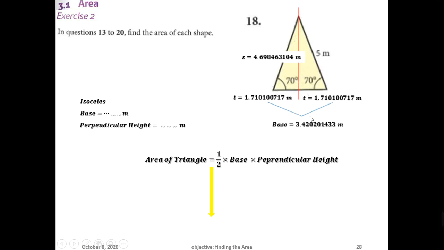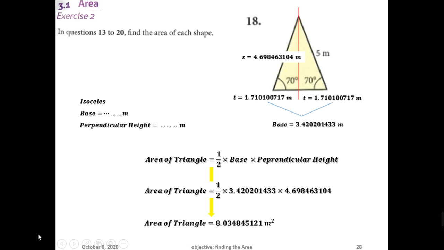Let's substitute. Base is 3.42 times, so half times 3.42 times 4.70. Of course, you write the numbers as they are without any rounding, and you only round the final answer. If you insert this in the calculator, you're gonna find the area here as